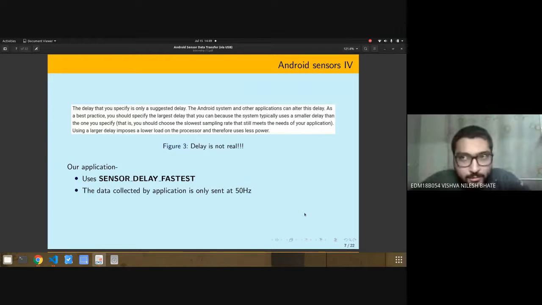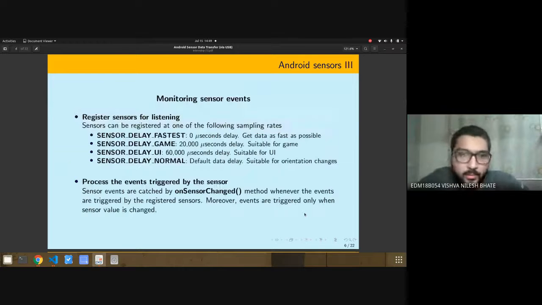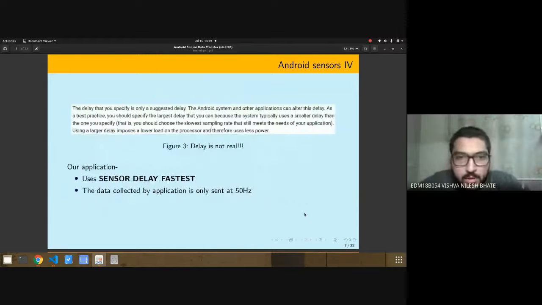Also, the smaller delay you specify, the larger the load on the processor. So when I say 0 microsecond sensor delay fastest, it's not ideally 0, but it tries to read as fast as it can. Or when I say sensor delay game, it's not actually 20,000 microseconds, but it tries to read the data at some value around 20,000. So it's not ideal.